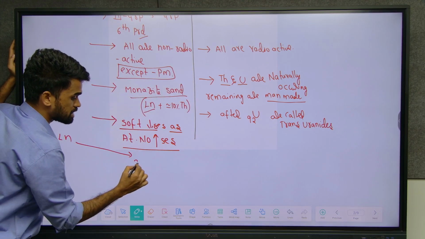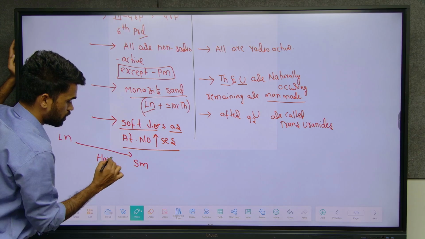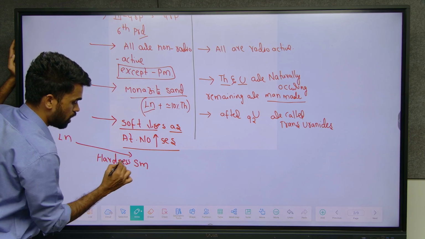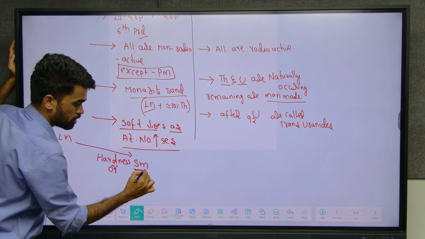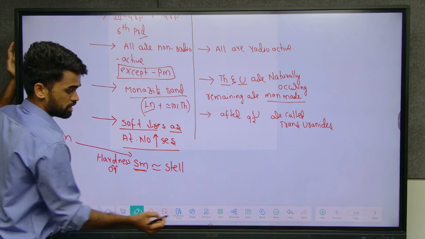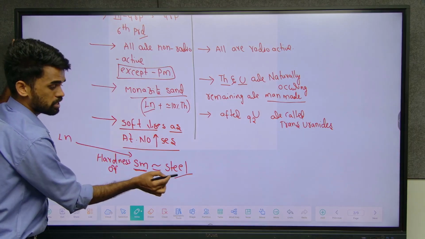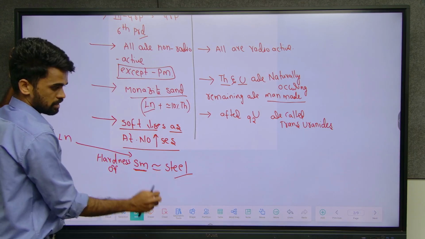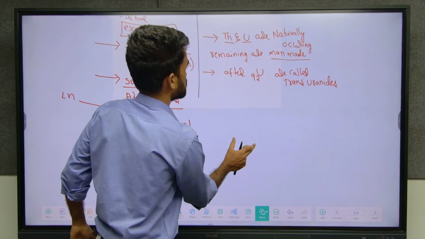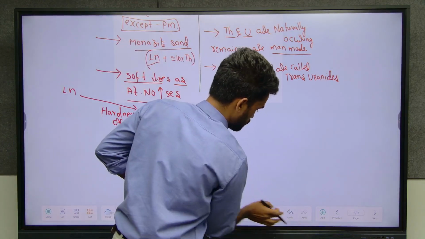And here samarium is there. The hardness of samarium is almost equal to the hardness of steel. What I am saying? Hardness of samarium is almost equal to what? Steel hardness. Remember this. Up to here everything is perfect. Next thing is,